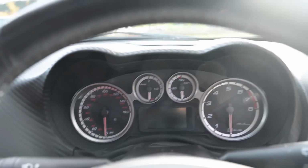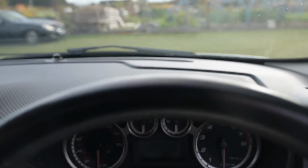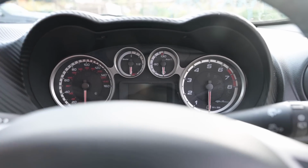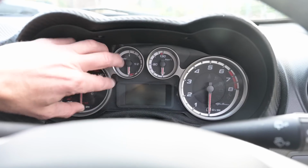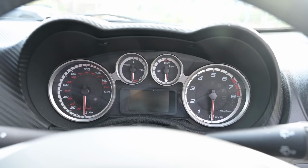like Alfas of the last few years, we've got this nice cowled area, this time made of the fake carbon fibre, so looking kind of cool. And we've got 4 interlocking dials. That's quite a fun way of doing things. We've got the big speedo on the right and the big rev counter on the left, and then the fuel and temperature are interlocked with this little ridge of fake satin metal. And underneath that